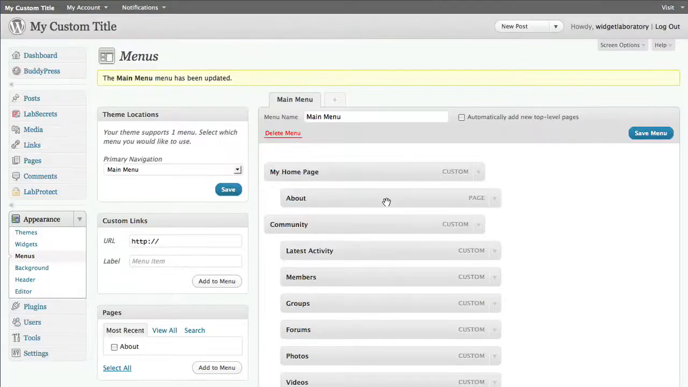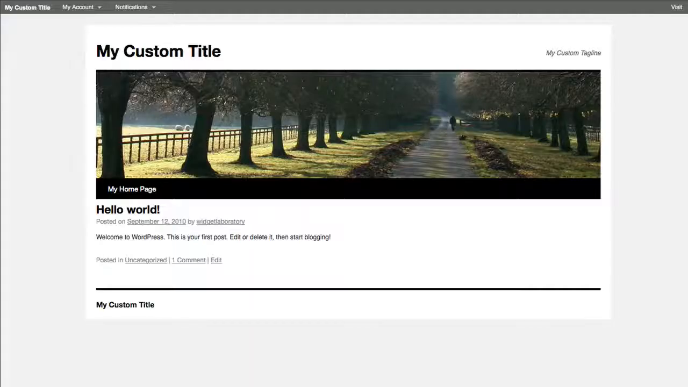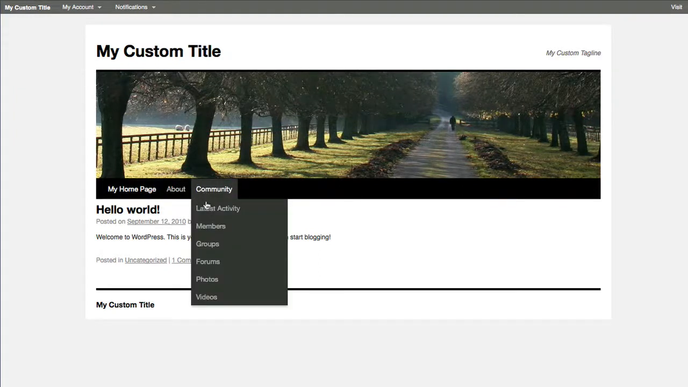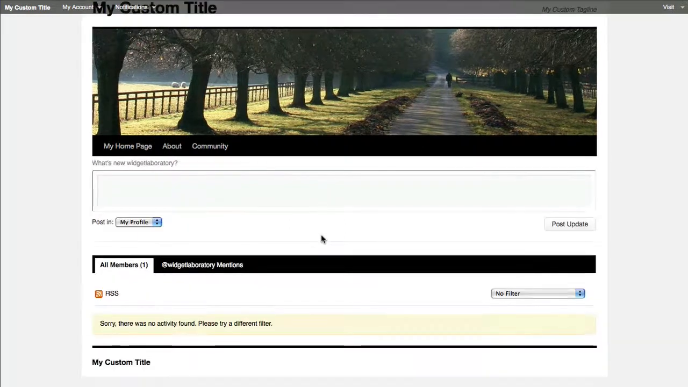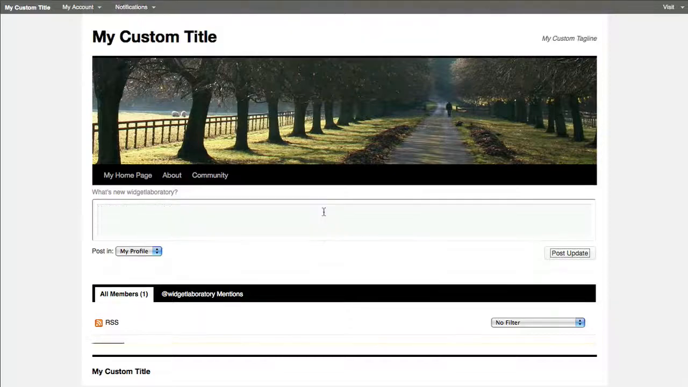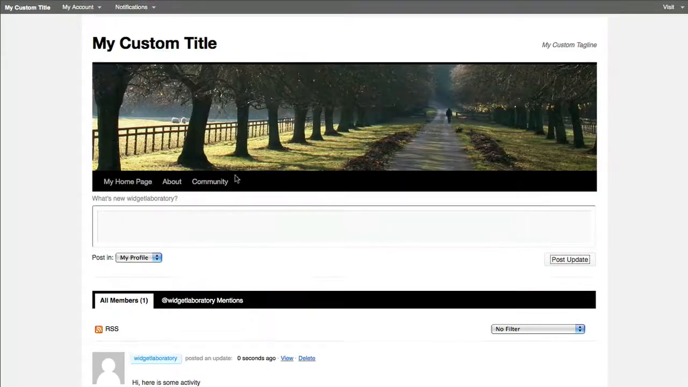Now, you'll notice that I've also got this About tab. I'm going to move that over, save it, and let's take a look at our changes. Remember, you always have to hit save. When I reload the page, you'll see that I've got my basic navigation, pops right on here. My home page, About, and there's the drop down. So what's nice is when I click on latest activity, there's no activity yet, so I could say, hi, here is some activity, post it. Now I've got some activity. All right, now